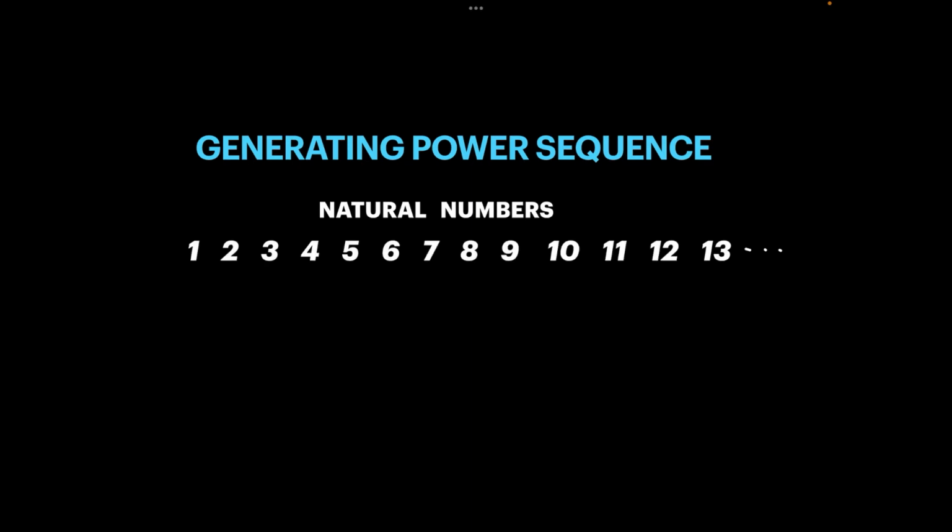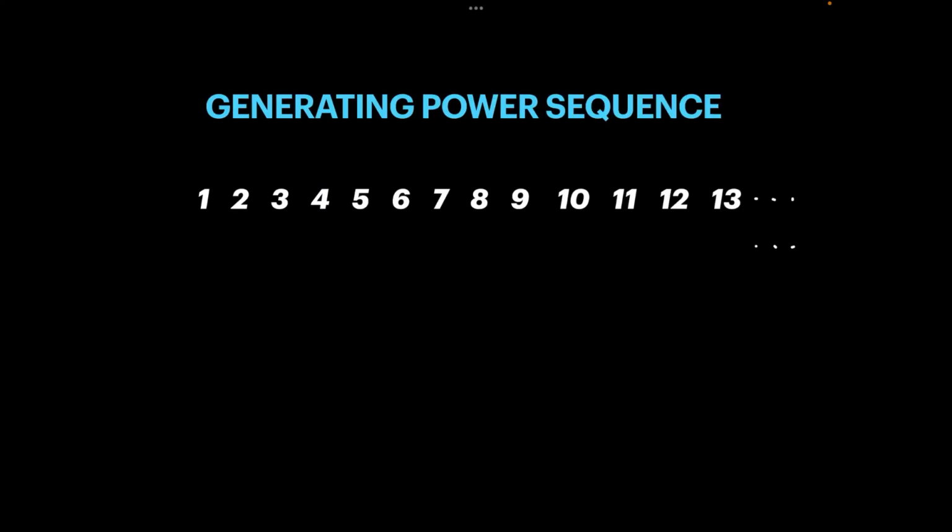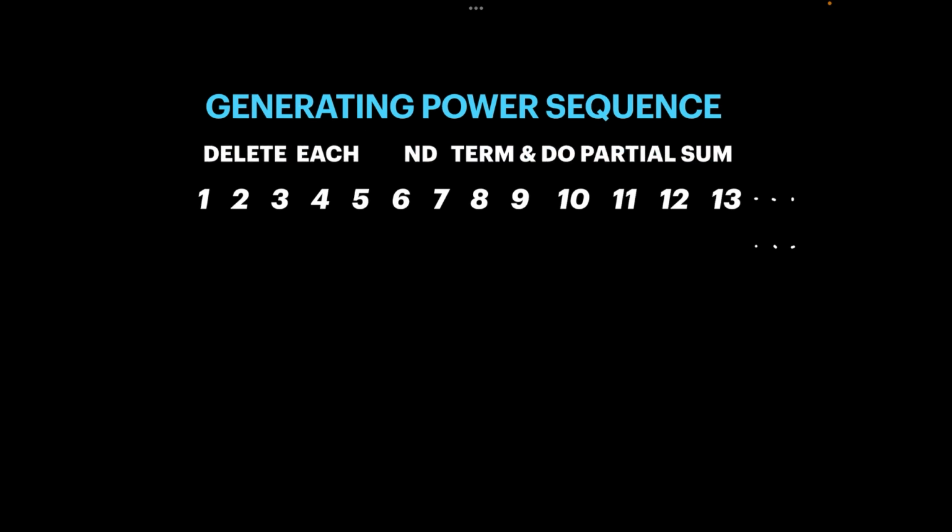We know the natural numbers 1, 2, 3, 4, 5, 6, 7, 8, 9, etc. So these are the natural numbers, and now we should delete each second term, and then we compute the partial sum. Now we delete each second term. That means